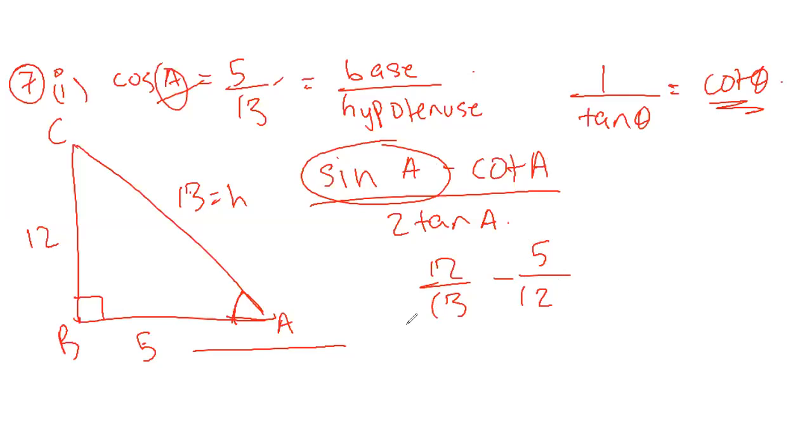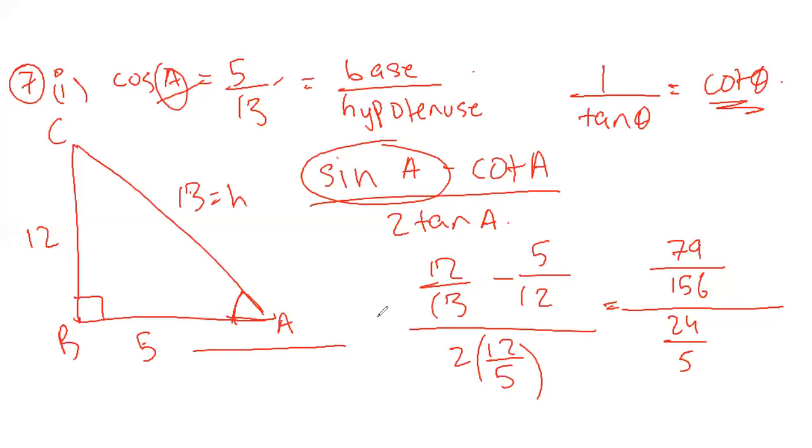Okay. Upon 2 tan A. 2 tan A basically means 2 into tan A. So our tan A, as we have previously solved, has the value 12 upon 5. So accordingly, we solve. I'll just erase this. So it will be 2 into 12 upon 5, and this will be equal to